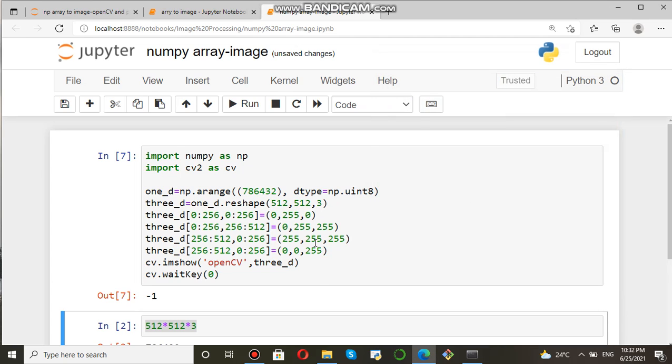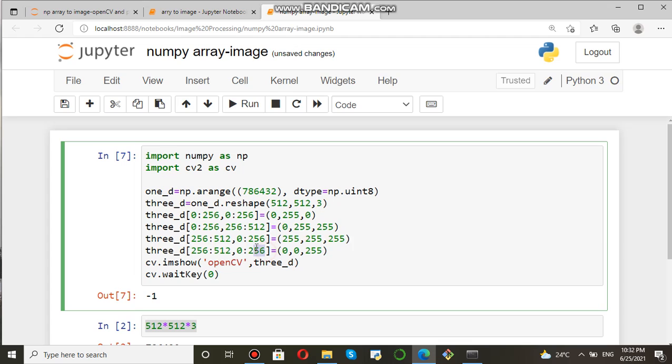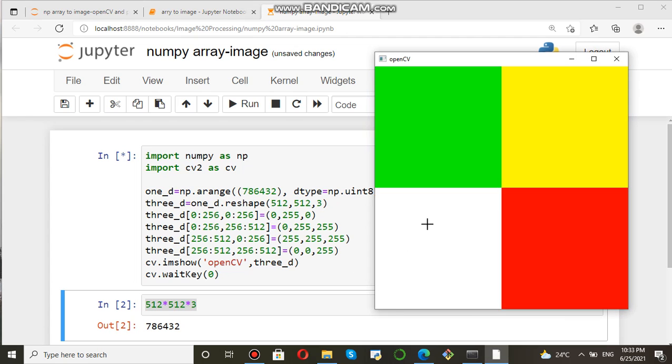There is white color, because of the overlapping of colors 0 to 256 and 256 to 512. What we need to do here is write 256 to 512. Okay, shift enter. Now you can see your white color is there.